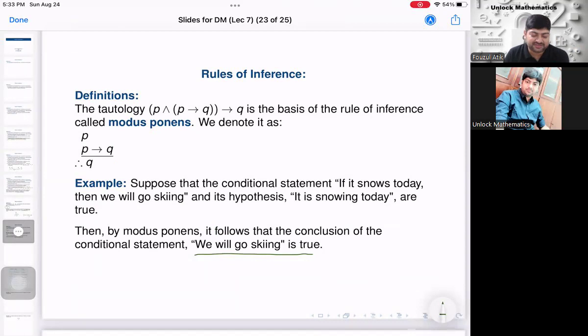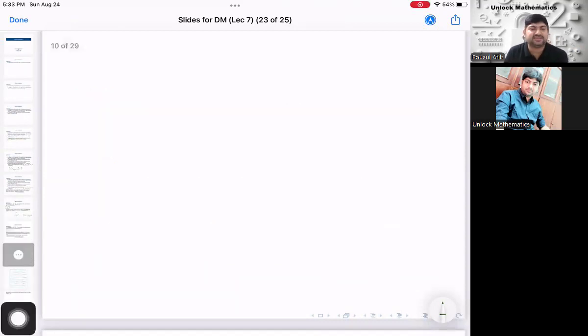Now, this is the first rule of inference, and we have seen that it is very easy to understand. I'll discuss a few more. So the first one I'll write down: P, and P implies Q, therefore Q. This is the first one. Then we'll have a few more. I'll show you, and you think about it and tell me what could be the